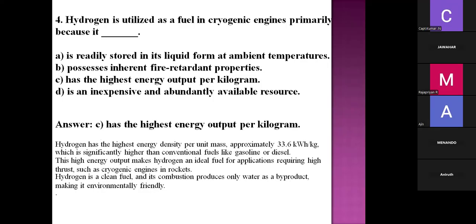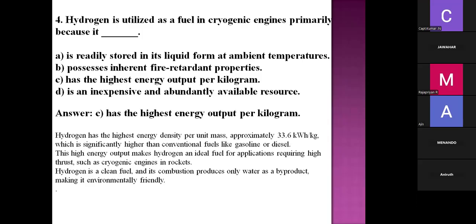Option C is the correct answer: the highest energy output per kilogram. Hydrogen has the highest energy density per unit mass, 33.6 kilowatt hour per kilogram (Wh, watt hour, per kilogram), which is significantly higher than conventional fuels like gasoline